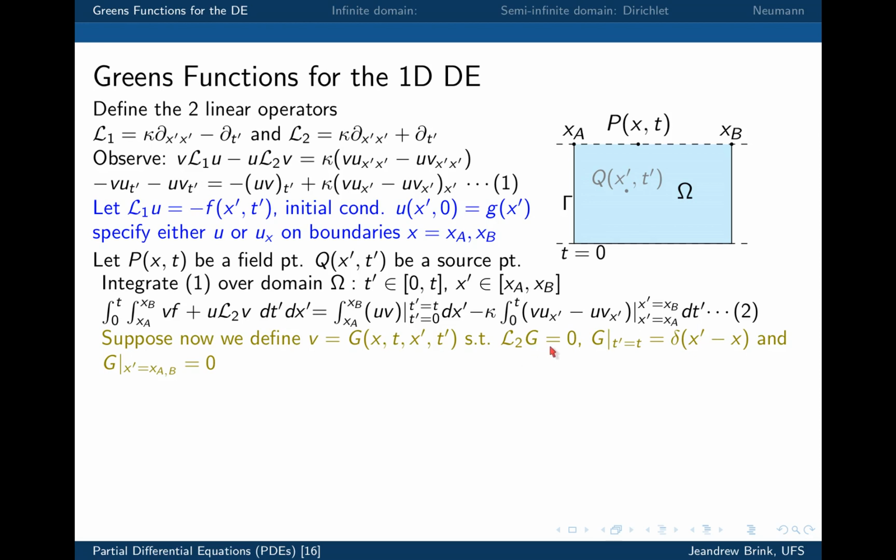We know that either v or g must be equal to 0 on the boundary, or its derivative must be equal to 0 on the boundary. Okay, so they're just those two options. And what basically that corresponds to is, remember, we're solving the heat equation. How you can think about it is you're either going to have a boundary where you have a lit candle that's constantly supplying heat, and you know exactly how hot the candle is, in which case you know you're going to be specifying u on the boundary, and therefore you're going to require that